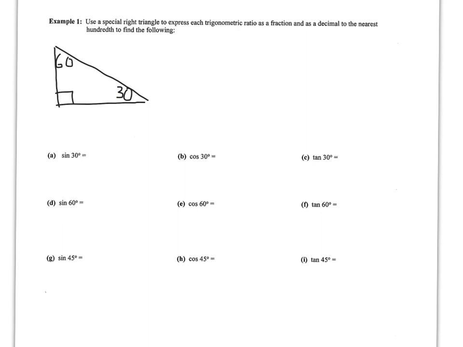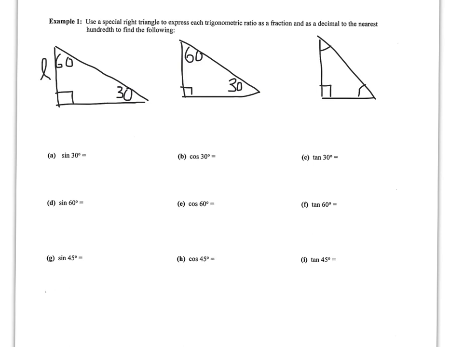So I have a 30, 60, 90 triangle. I'm going to do another 30, 60, 90 triangle. That doesn't look to scale, but at least we'll label it. And then we'll do a 45, 45, 90 triangle. Again, sorry for my non-to-scale pictures. Okay, so what's important here is to remember that opposite 30 is your L,